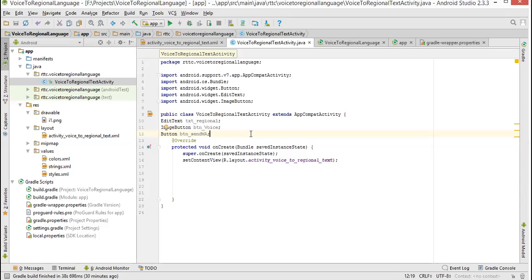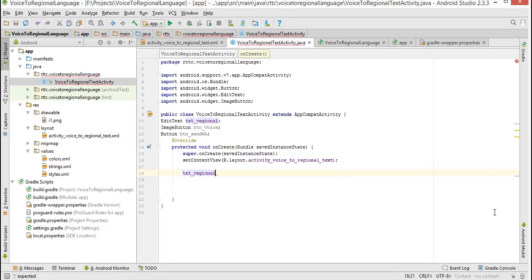So now we have to write the functionality. For writing this functionality, we have to access those elements first here. Those elements are edit text, image button and button. Access in the onCreate method. So you have to say txt underscore regional.